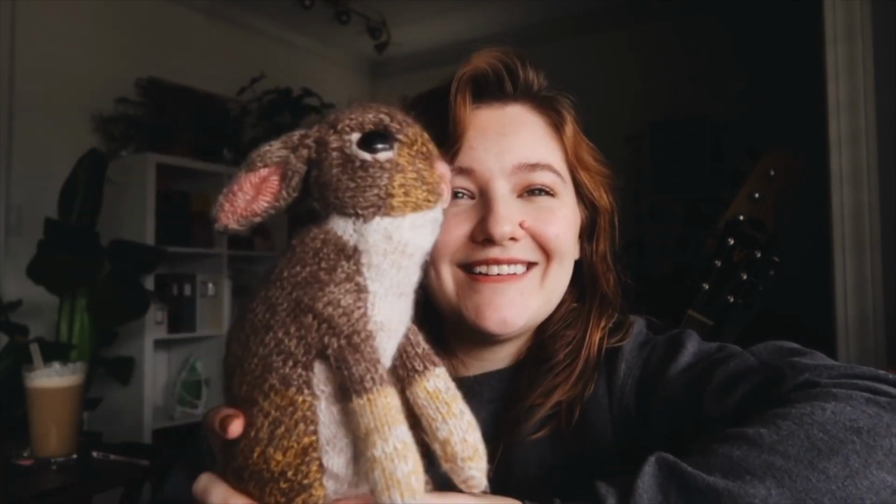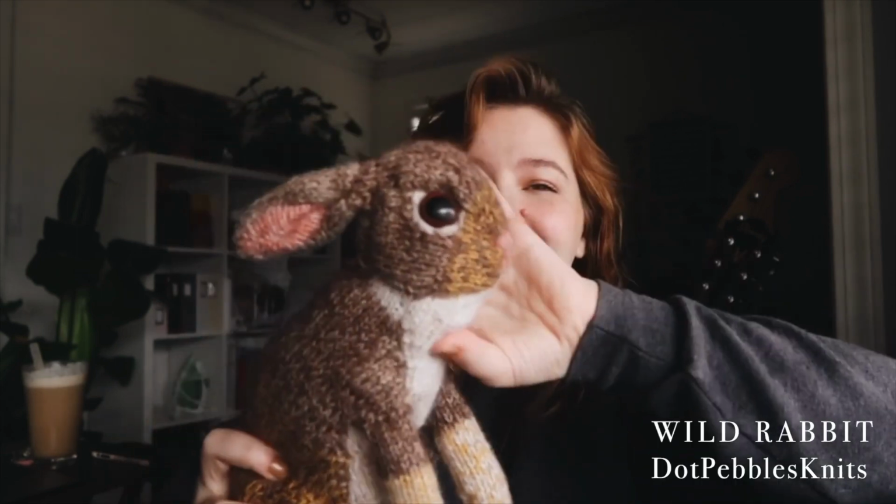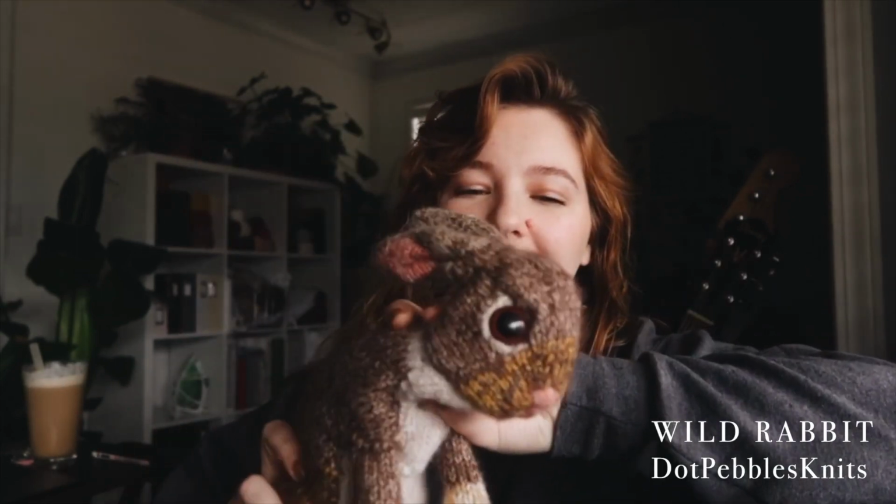My first finished object was actually supposed to be in my last video, but I forgot him because I just kind of threw that one together too. And that is Cotton, my daughter's Wild Rabbit. The pattern is by Claire Garland, who has a shop called Dots Pebbles Knits on Etsy. I've read it and said it 100 times, but I'm always afraid I'm going to get those words out of order. Anyways, there'll be a link as always. But this is the Wild Rabbit,